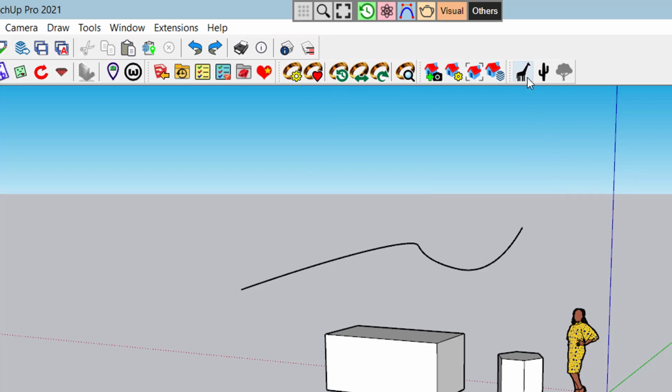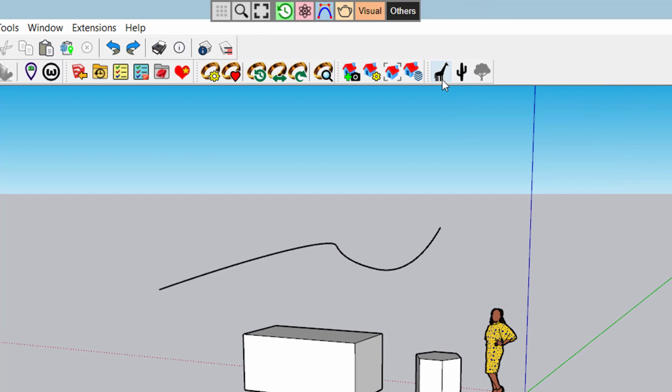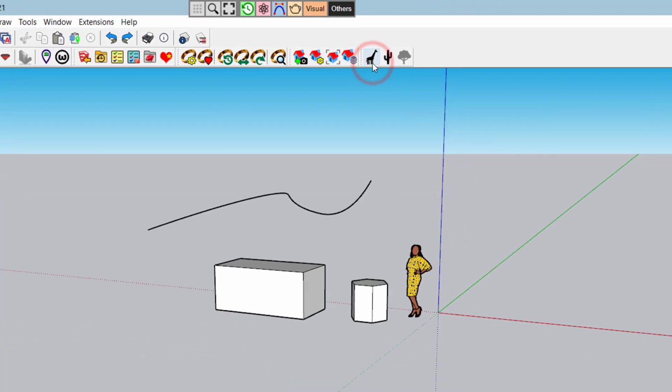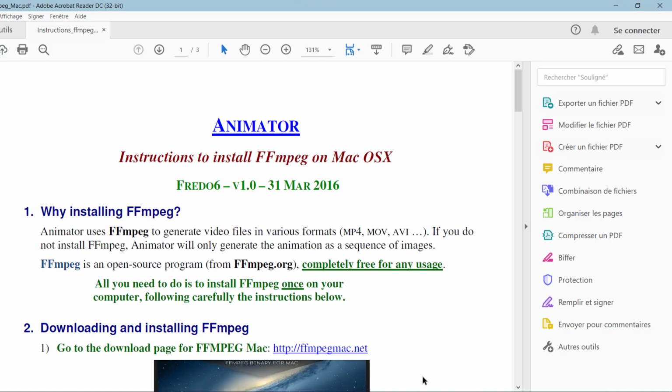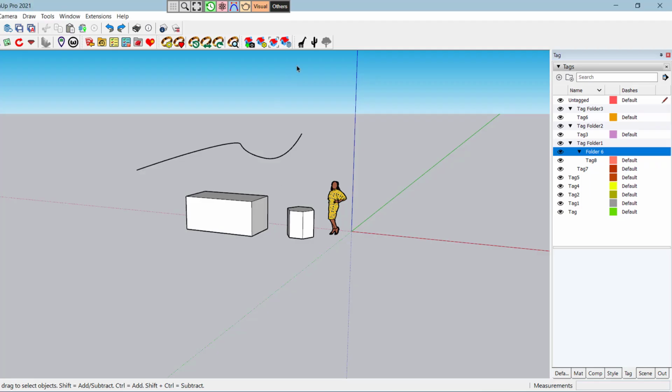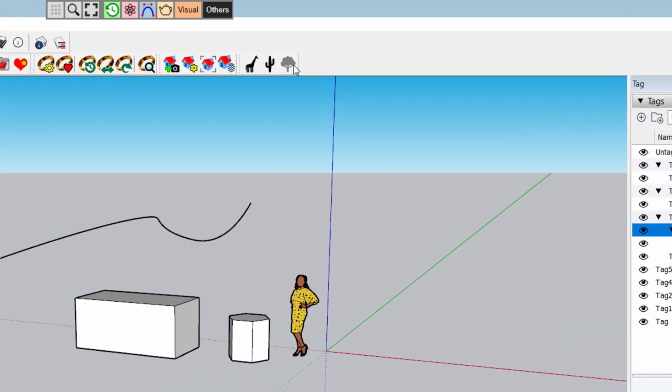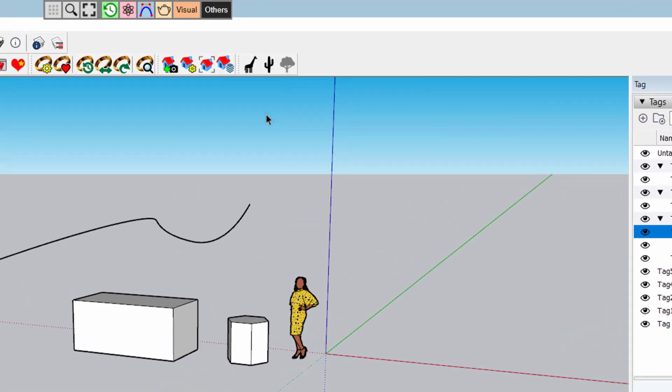And here you notice these new buttons. These are personal commands. For example, this one will open a document which has been configured. This one will open a folder on your laptop, and this one is also a personal command to give you access.